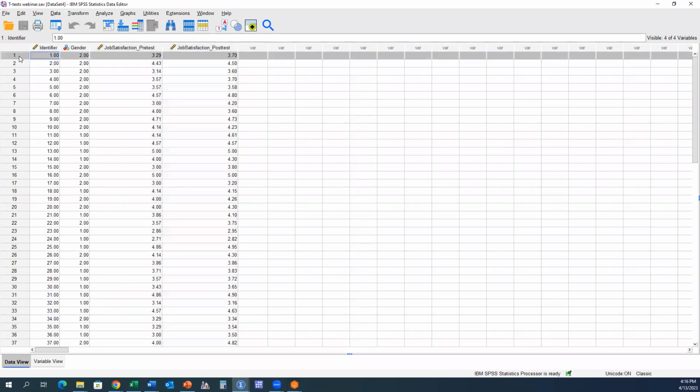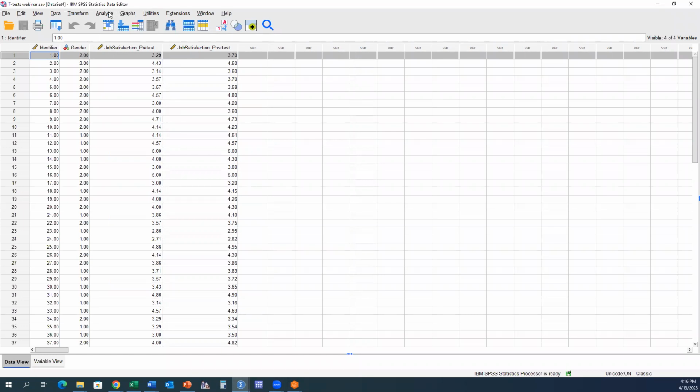Keeping in mind the data has to be organized like this. You need to have a participant across this one row for this one individual. We have their pre-test and their post. So you have to have a way of matching your participants at pre and post. If that's an ID number or an email address, you have to match your